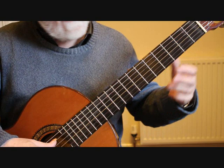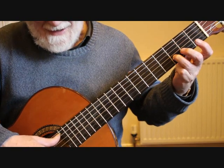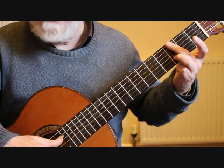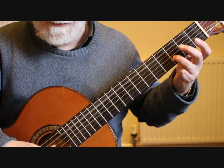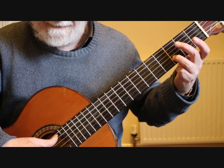Bar 6, place the third finger on the third fret of the second string D, and we're playing the fifth string open and the first three strings. So that's A, G, D and E. Repeat that bass note, repeat the second string and then the open first string. So that is,